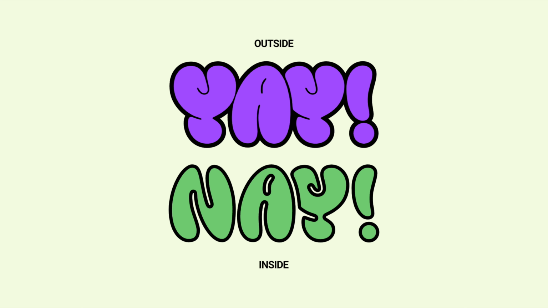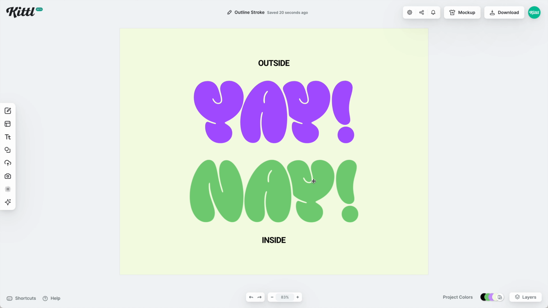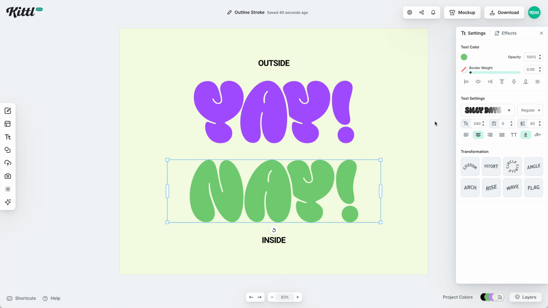Let's learn how to make inside and outside stroke for text using Kittl. So here we have some type here, and there's a difference between inside stroke or just normal stroke and then an outside stroke, which would be like an offset path. So I'm going to show you the first one, which would be a normal stroke that's going towards the inside,